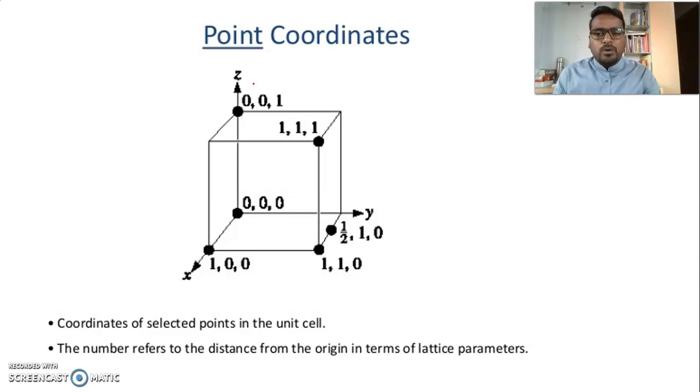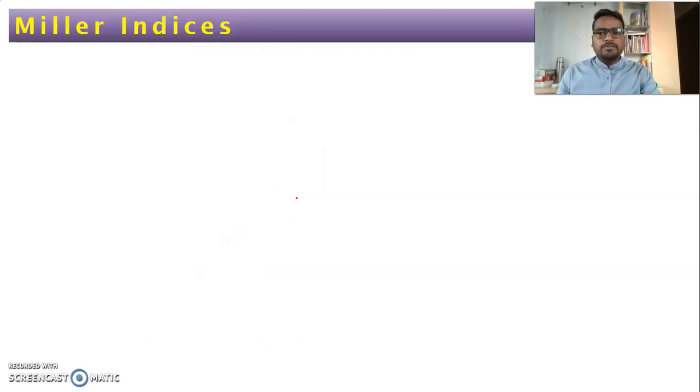So when we come to point coordinates, for example, if you consider this point, 0, 0, 0, that means no atoms. This is the origin. And if you consider this is the x-axis, the atom is present along the x-axis. That's why it is 1. And in y and z axes it is not located. That's why 0, 0. That means these numbers indicate the distance at which the constituent atom is present along various axes. So these are called point coordinates.